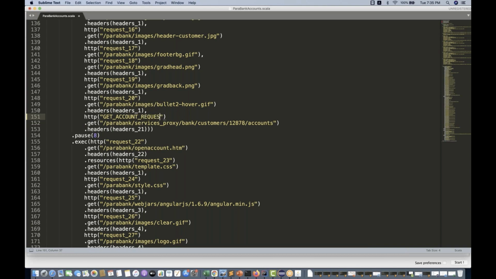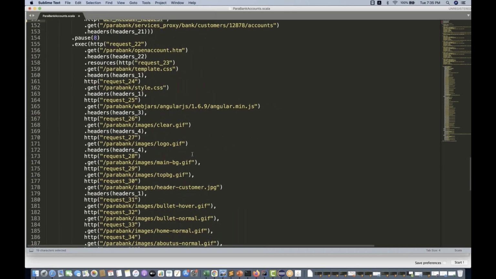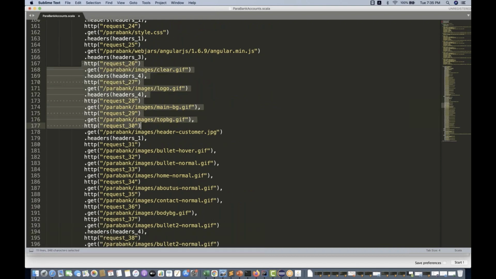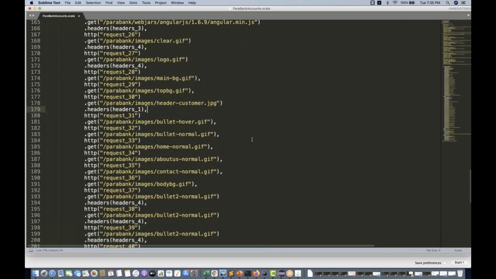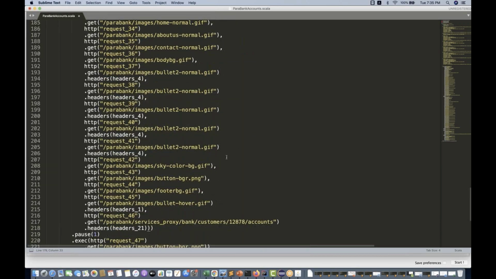So you can write your own request name, because in the HTML report, request 20 doesn't look good, request 19 doesn't look good. Better you give a proper name over here so that you can check what exactly the request is all about. And then there are other HTML files that I don't want to bother about. If you want, you can remove these sections also, but let it be. We are doing performance testing on the web browser, so better to include all these things.